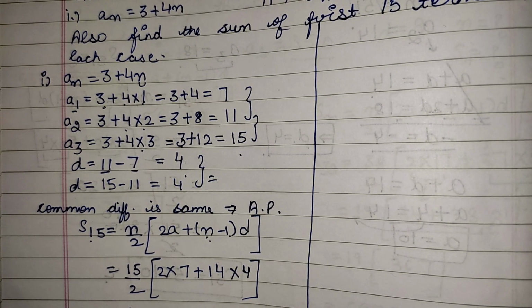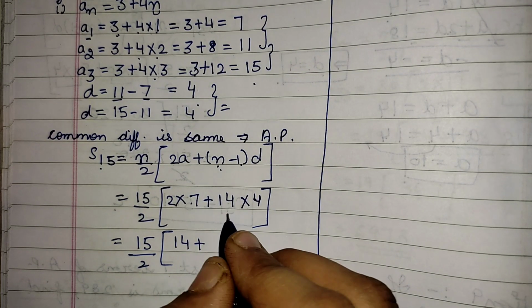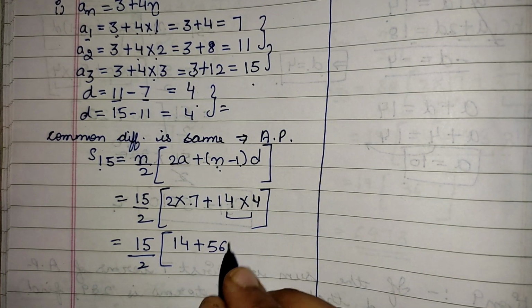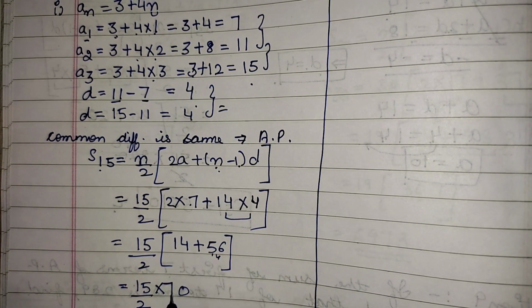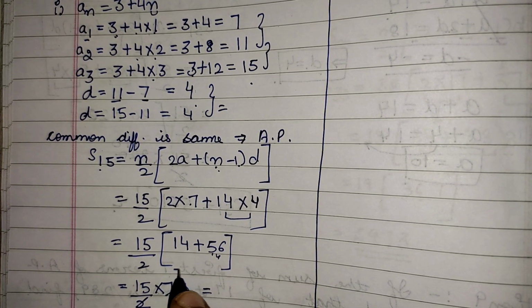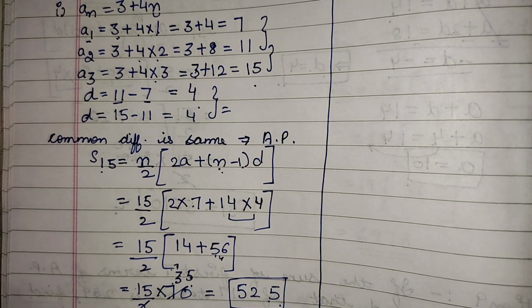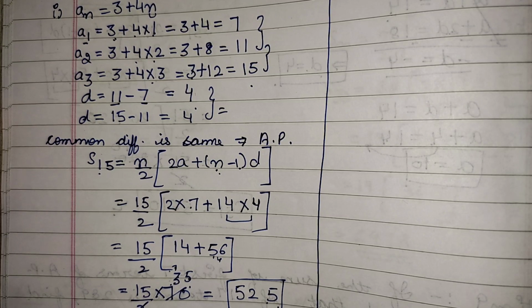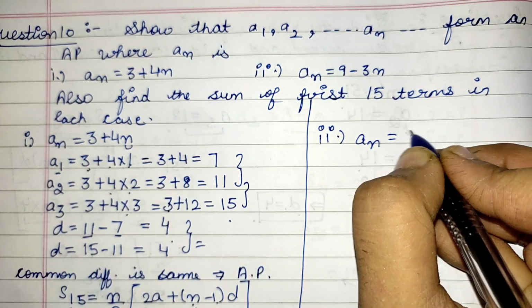Okay, so 15 by 2 into 2 sevens are 14, plus 14 fours are 56. So I will get 15 by 2 into 70. So it will be cancelled out. It will become 35, so my answer will be equal to 525. Okay, moving to second part. Second part is what? An is equal to